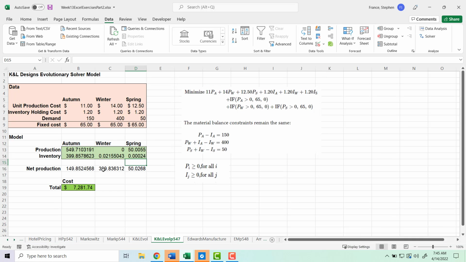Okay, here are the results, and frankly, it's a little bit underwhelming. It's tried to move some of the constraints, but it really hasn't managed to keep the demand and inventory constraints. Okay,